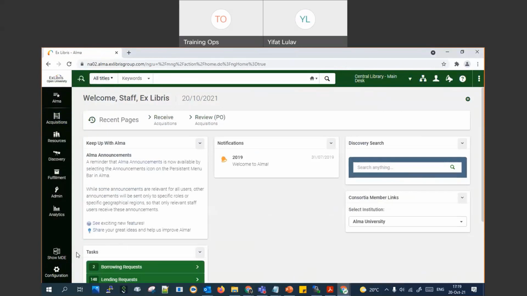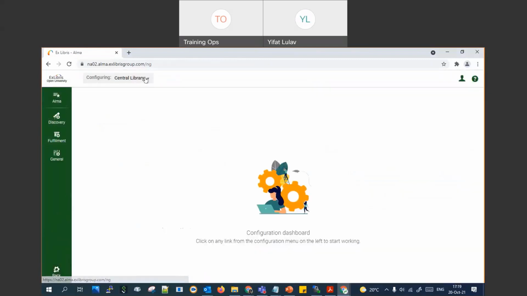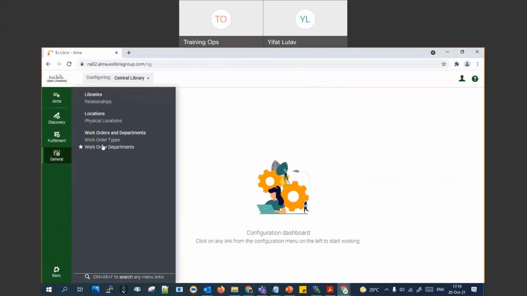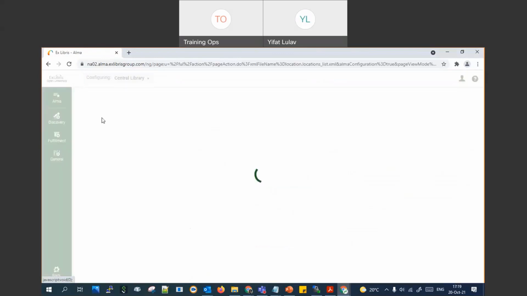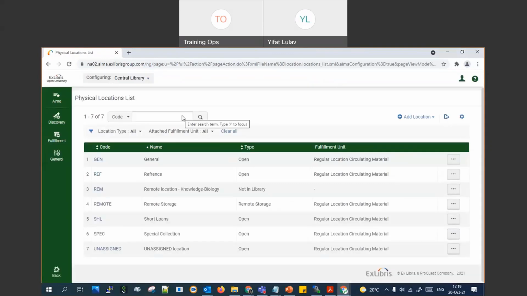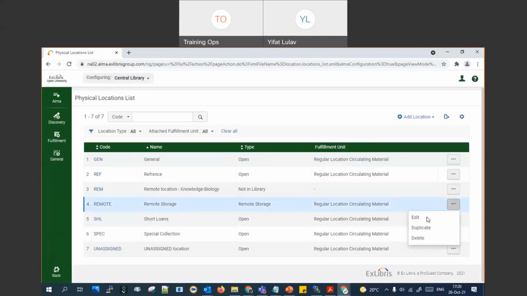And let's begin with the configuration, actually the one and only interface we've created. I'm moving to configuration. I make sure I'm in Central Library and go to General, Physical Location. So far, nothing is new. We have this feature from, I think, the first day of Alma, defining physical location for the Central Library. But I would like to show you something that was not from the first day of Alma,